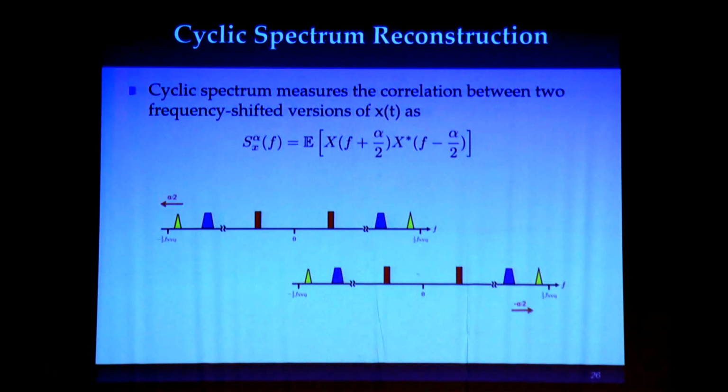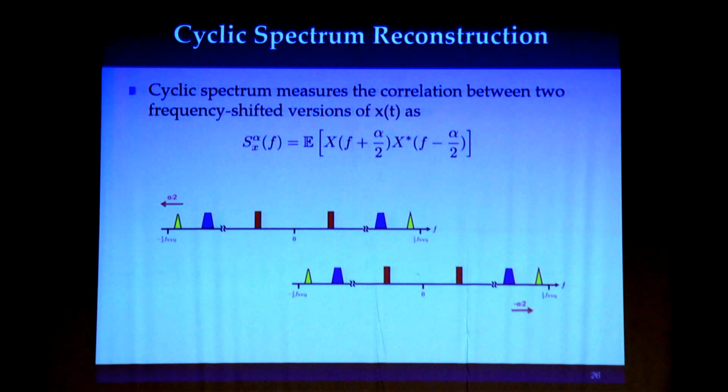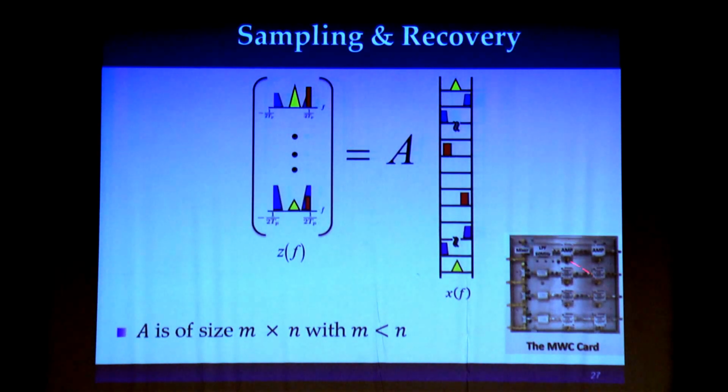The cyclic spectrum basically measures the correlation between two frequency-shifted versions of our signal, and this is what we want to compute. If you take alpha equals 0, you get the power spectrum, and we want to compute this for all alpha. And if we remember, this is what we have. These are our samples, and they are equal to